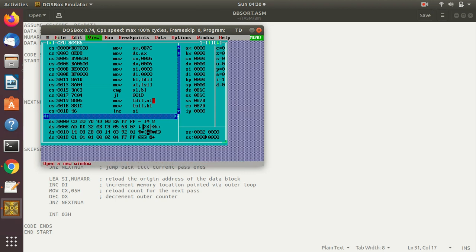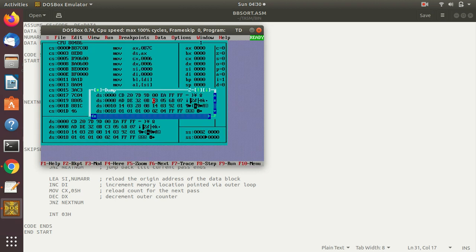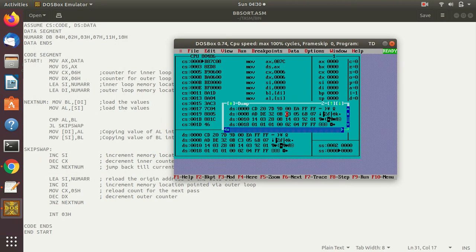Now let's see if we haven't made any mistakes. So first, for this specific program, you need to go here in View and open the dump here. Okay, so currently there will be garbage data here, you can see the garbage data is there. So what I will do is start the program. Here, if you are not aware what these first two statements do, they load the data here.